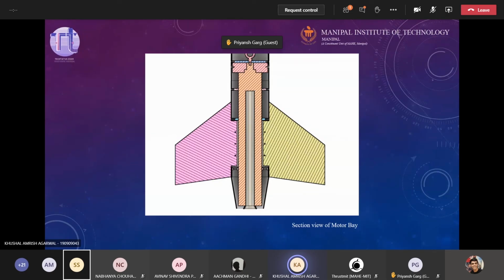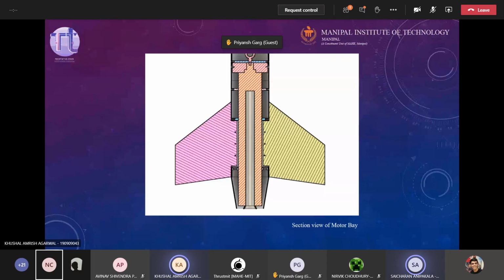Any ideas from anyone? Saicharan and Akhil had their hands up. Saicharan, go ahead first. Do we use some kind of resin to bond the fibers on top of the aluminium? Yeah, we can do it on top of aluminium.